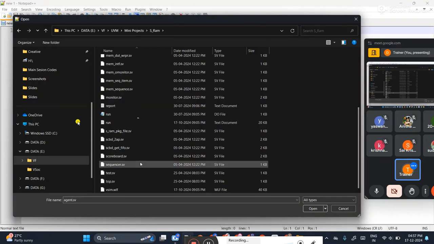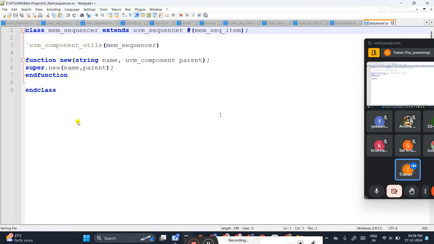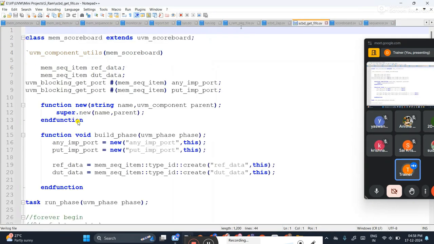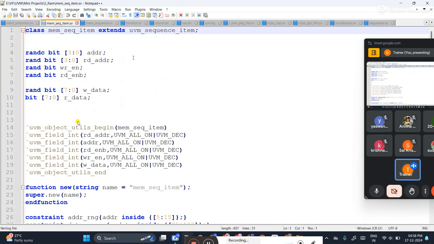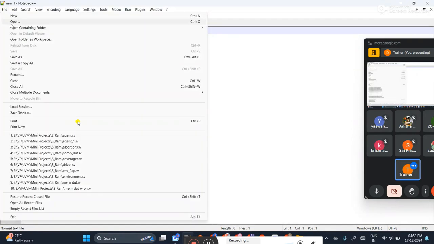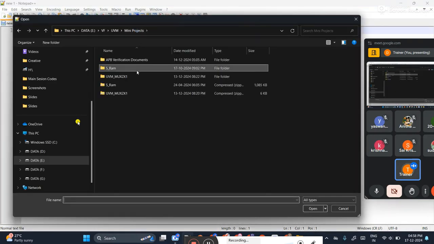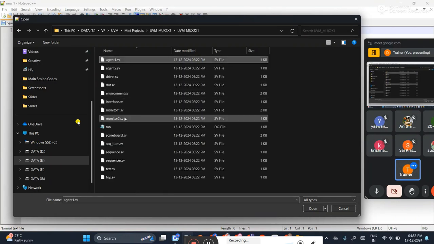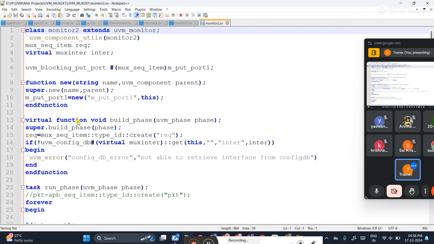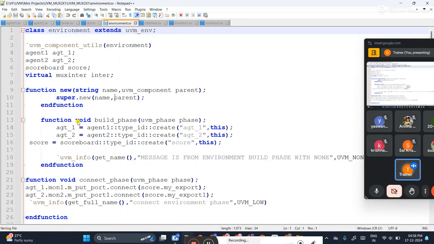Some random project I will take just to make you understand. I have created one class, some random file I'll take. Some simple files I'll take, because if I take complicated ones at the start, it is hard. Okay, some random environment file I have opened. Environment is what? Environment is a component, correct? For a component, as I told, I'm doing the registration. This line is called factory registration.